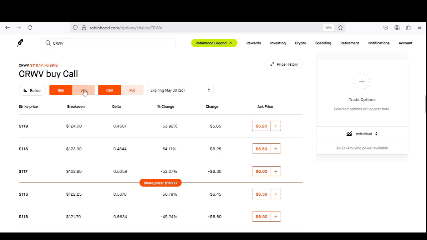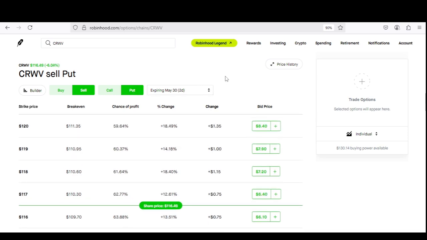So I'm going to go to sell. I'm going to go to put, and I'm going to choose my strike date. Now, the strike date I'm going to be using is going to be May 30th, which is 2 days. Now, that is an extremely short strike date. The reason I'm going to do that, once again, is because I mentioned it several times. This stock is extremely volatile. So I want to give the buyer of this option as little time as possible in order for this trade to go against me. So sell, put, 2 days to expiration,